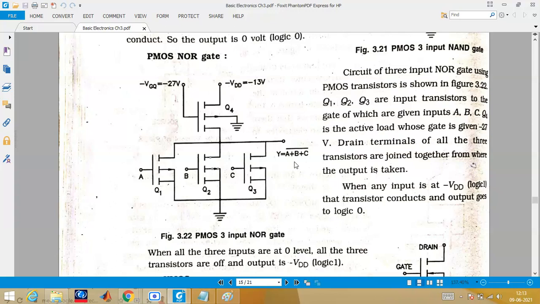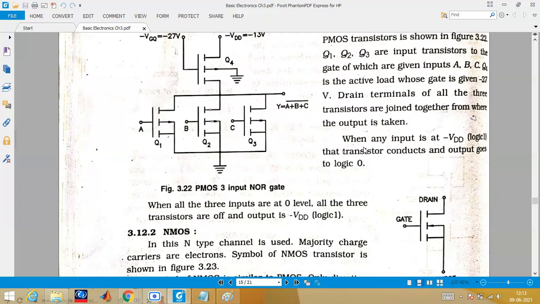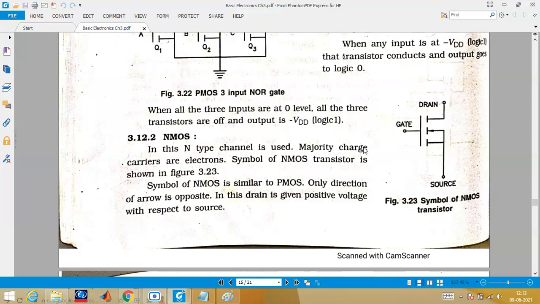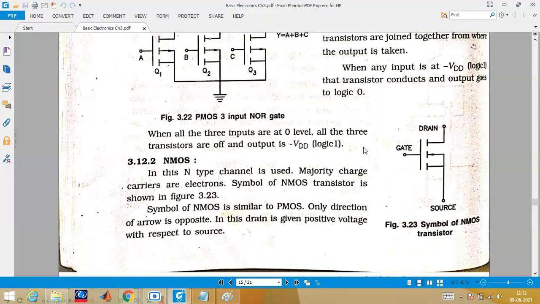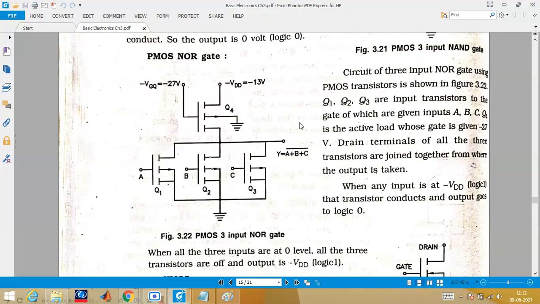For today we will just wind up here, so that in tomorrow's session we will understand the NMOS. NMOS is just the complement of PMOS. Whatever you are doing in P, your symbol will change into N, and a few other changes are there that we will have to discuss. But if I explain NMOS design today, you might get confused, so I'm giving you some time so that you can study PMOS once again in your textbook. You can read by yourself, and if you have doubts you can come up in tomorrow's session. We will clear those doubts.